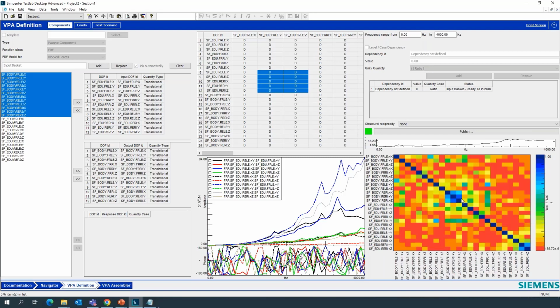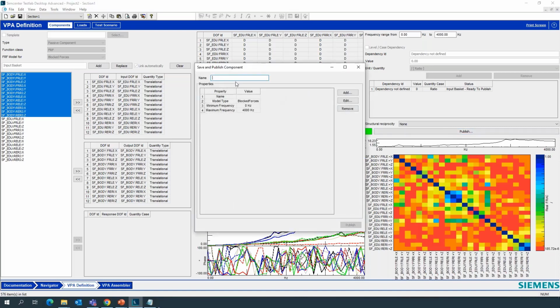Blue along the diagonal will always be 1 because that is the driving point FRF. But for off-diagonal elements, we want them to be as close to 1. They're not always that high, but they're decent. So here we have this test data, and then I can publish this data and give it a name. I want to call it subframe_test_demo1.